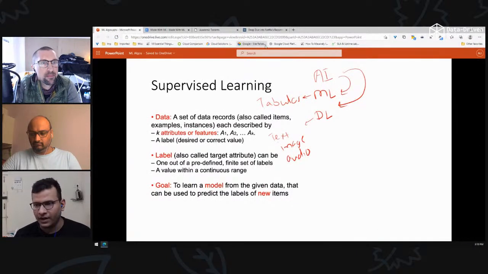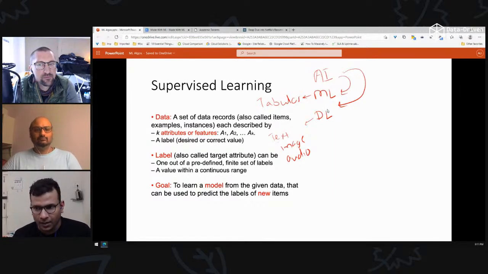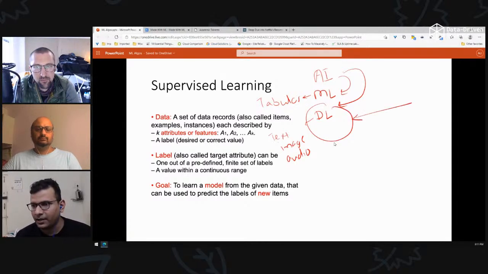Whereas the recommendation of Netflix, the data is tabular. That is a machine learning application. So I hope the difference is clear: artificial intelligence, machine learning, and deep learning. If the data is tabular, ML is a better approach. If data is image, video, audio, text, deep learning is a better approach. Currently, deep learning is more popular. Everybody is focusing on deep learning. That does not mean that machine learning has become unneeded. I would say in industry, machine learning problem statements are way more than deep learning problem statements.